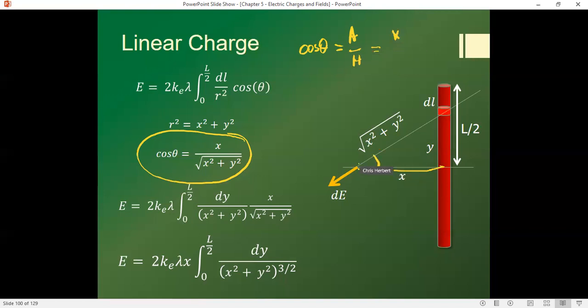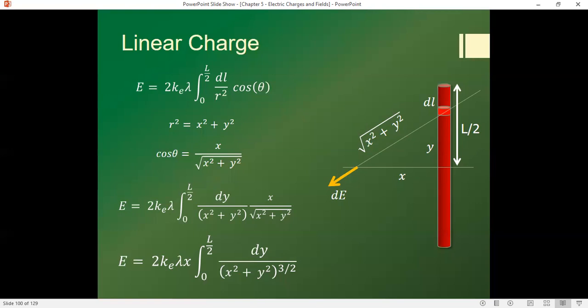The hypotenuse here is the square root of x squared plus y squared. So I get a pretty complicated expression right there. So I'm going to take that and substitute that in right there. Again, substitute in for R squared. So now I'm looking at a fairly